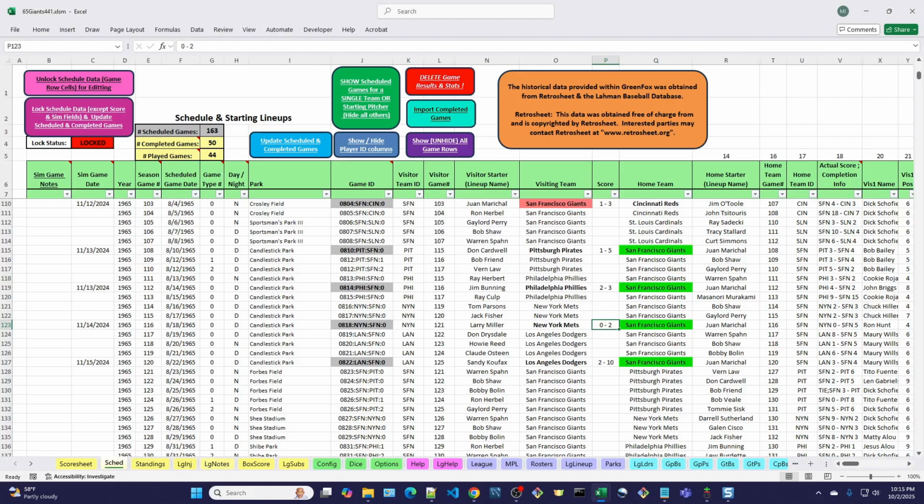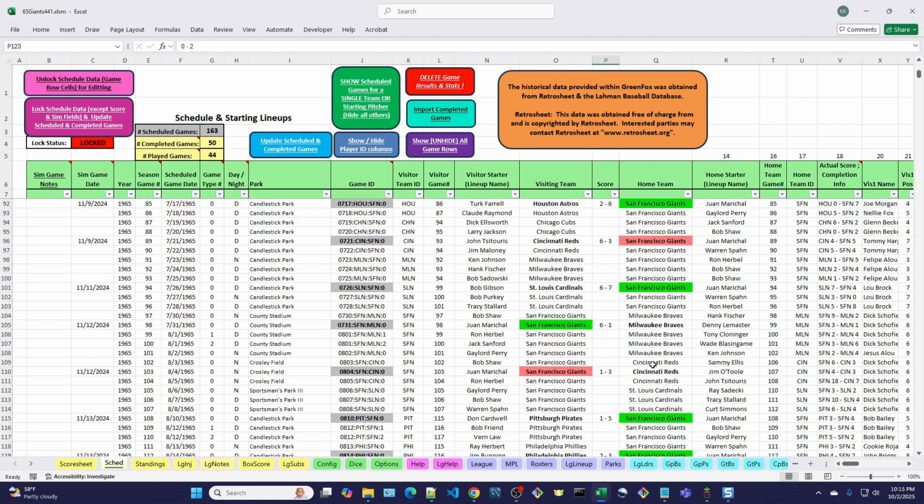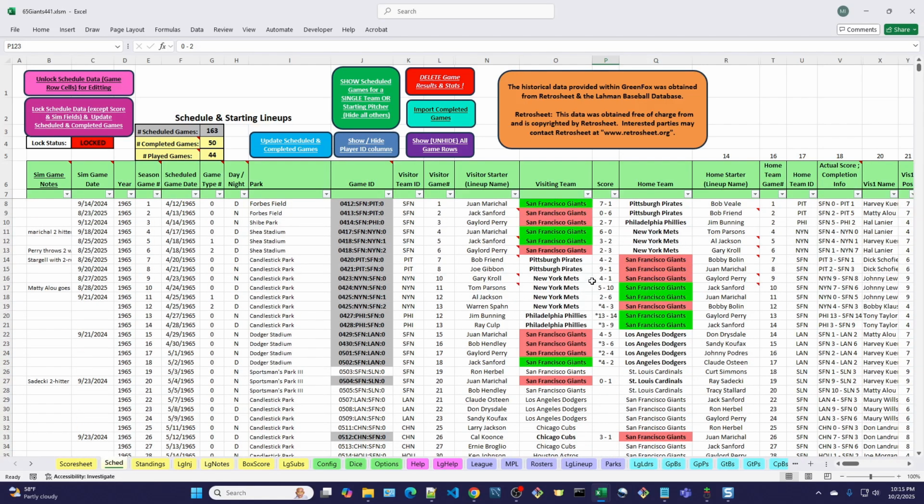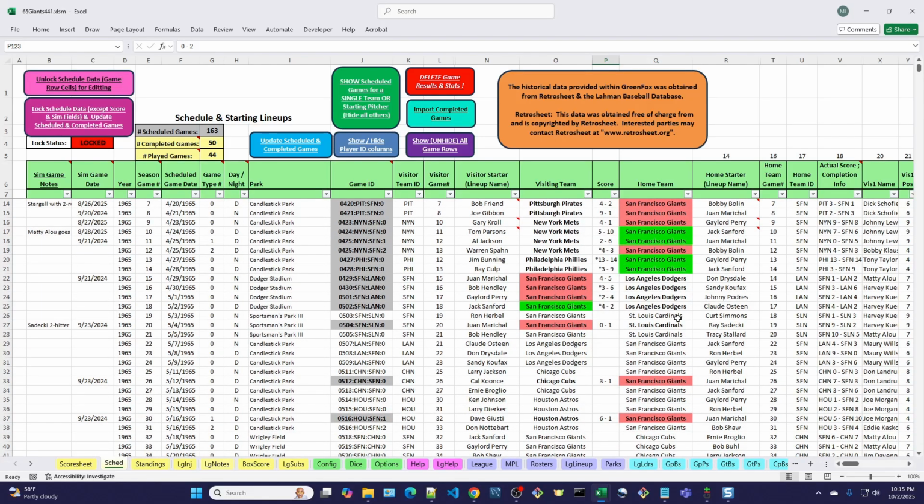The next thing I want to show is the actual score using the historical score feature. I can use this same schedule here to do it. So this is my 65 Giants replay. You can see here I have several games where I've put in a score only instead of actually playing the game. So what this new feature is